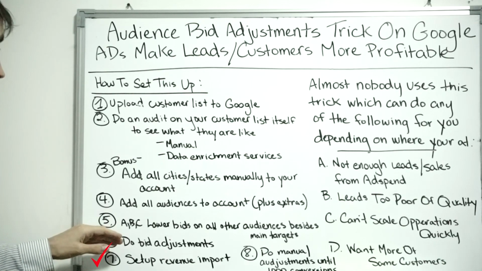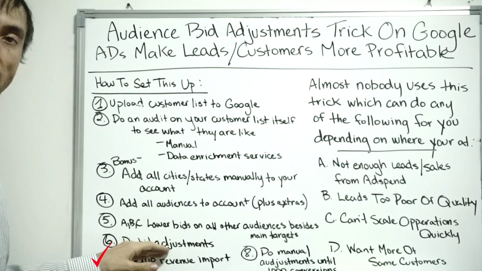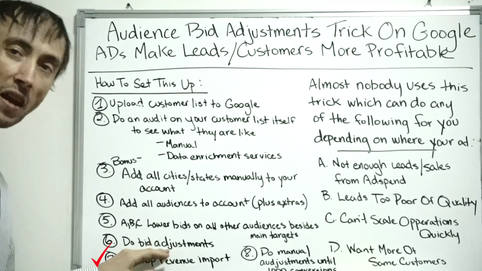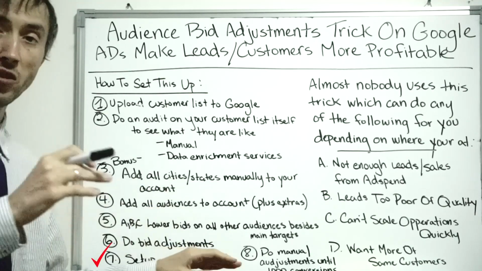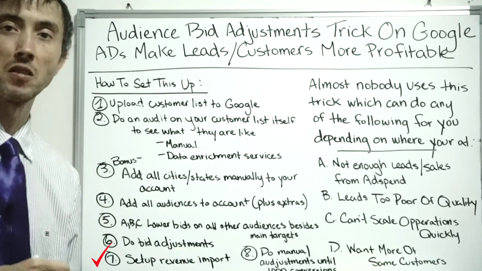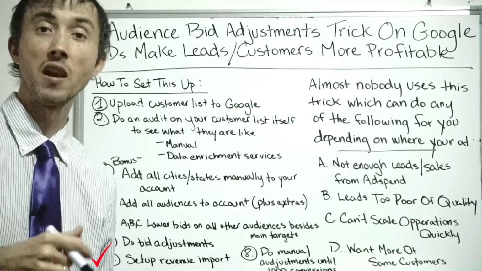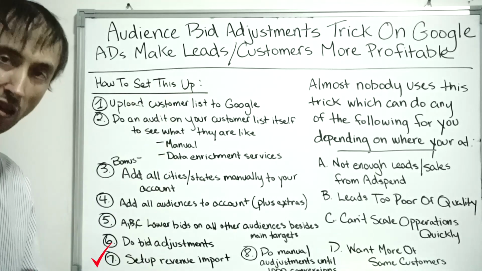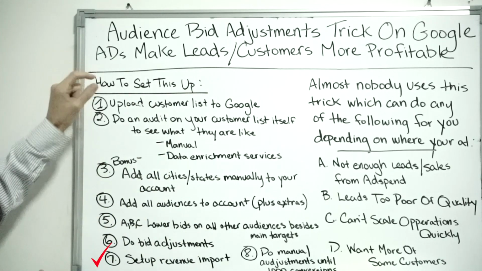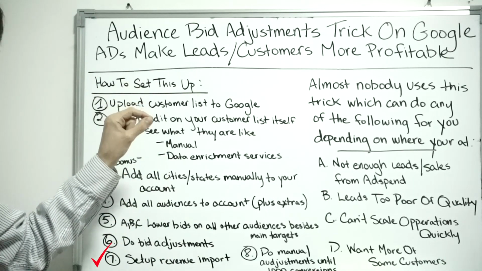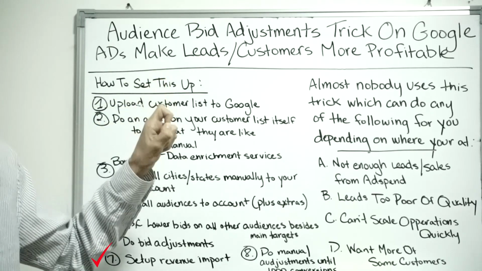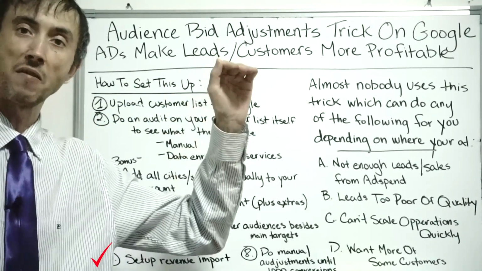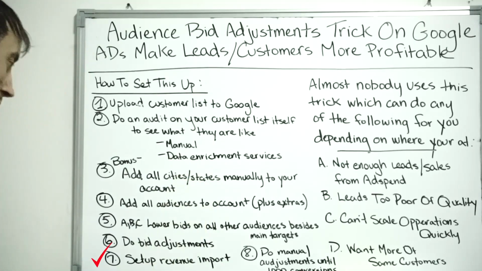So if you're doing e-commerce already, that's pretty easy, because you can just automatically see your cart sales coming into your account. But if you're generating leads, you don't have the awareness about whether that lead turned into a sale and how much they spent. So if you do something called offline conversion tracking, you can import all that revenue, and then on each individual audience that you have, you can adjust your bids up or down based upon how well it's doing. Is it doing above average or below average?